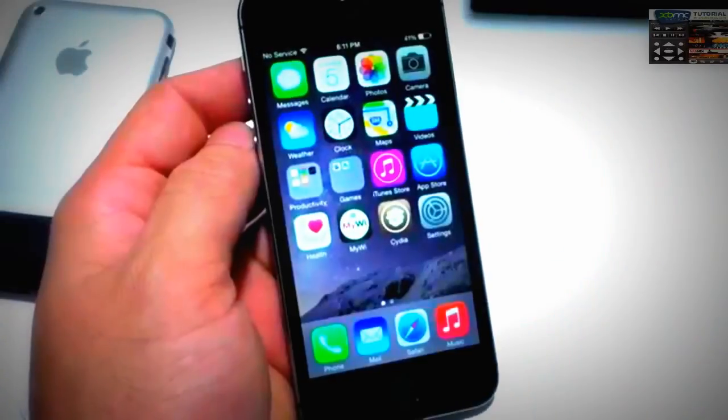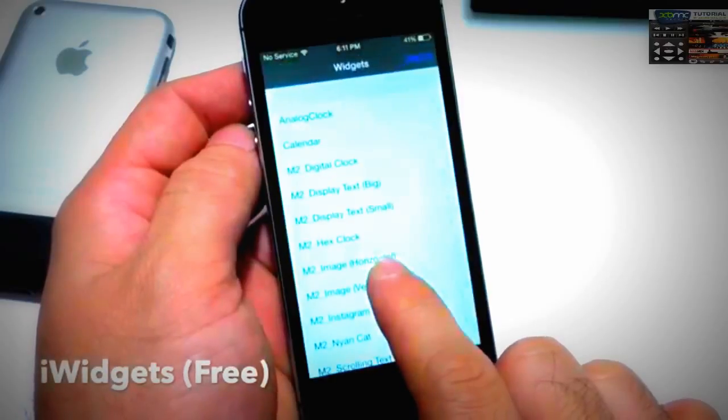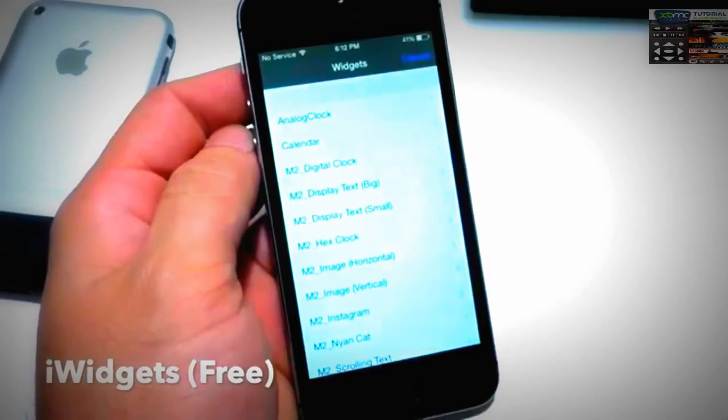This next tweak you guys have been asking me about, and it goes by the name of iWidgets, and it allows you to implement widgets on your springboard by tapping and holding. Once you download, you can just tap and hold on any blank space, and it will bring up your widgets card. Now you have to download